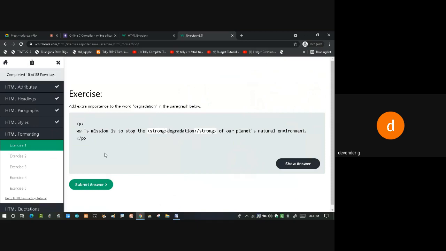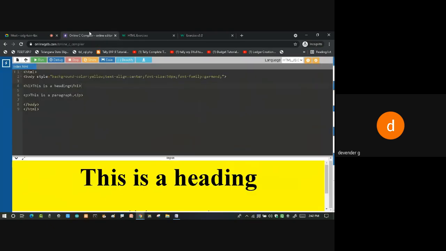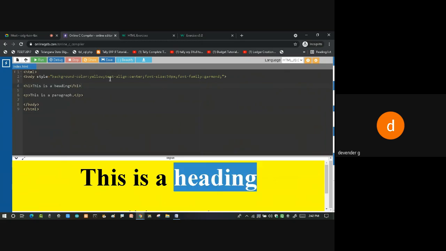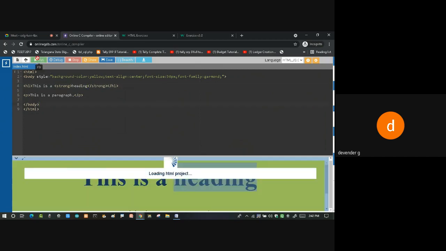We'll see whether this is correct or not. Yeah, it's taking correct. So in between any text, I want this text to be highlighted. So what I'll do, I will go for this and I'll write this to be strong. So more bold, thicker text.